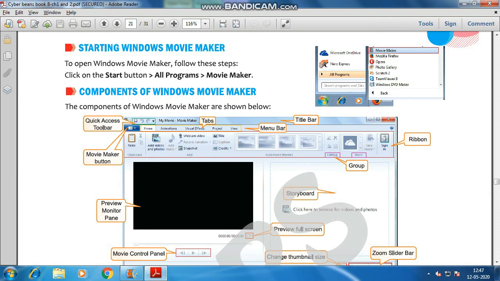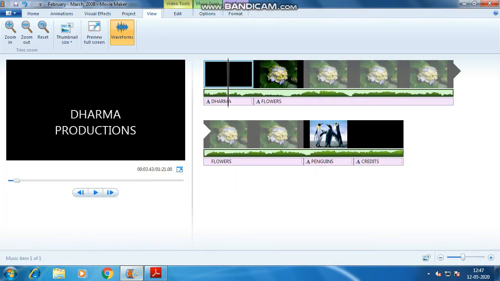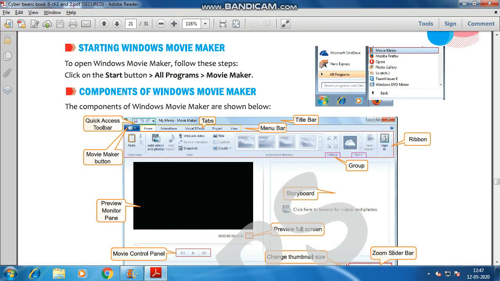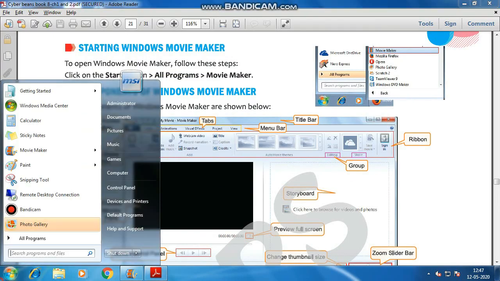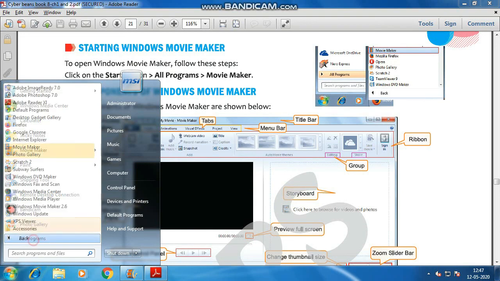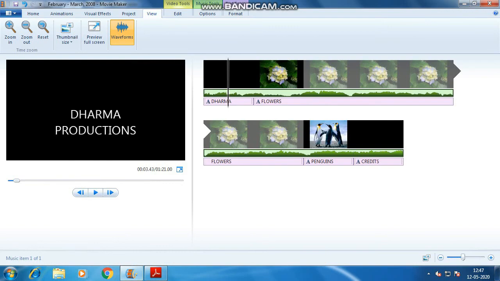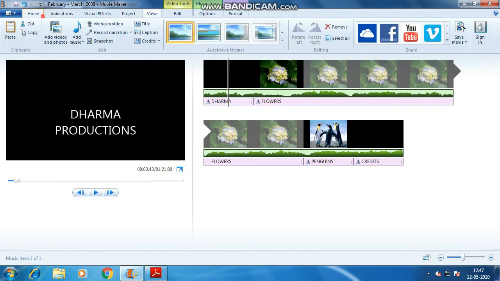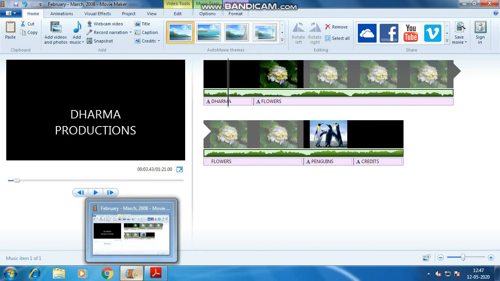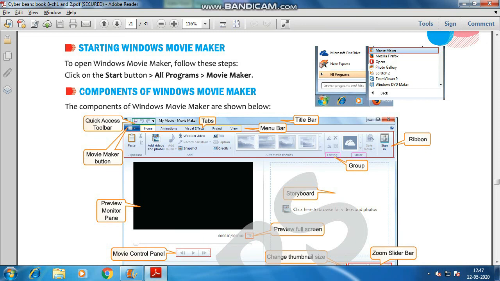So let me start from scratch for a bit. So I am minimizing it, right? So first of all, go to the start button, right? Then all programs, Movie Maker is there, so it will open because we have already opened it, so it has just restored itself.